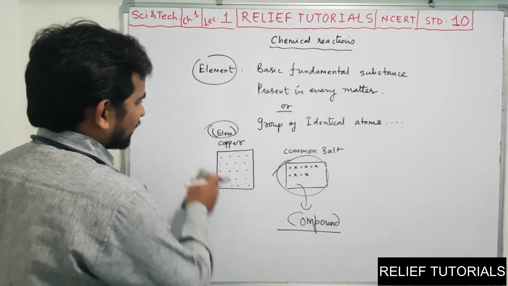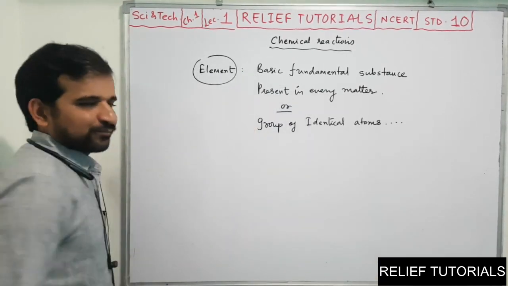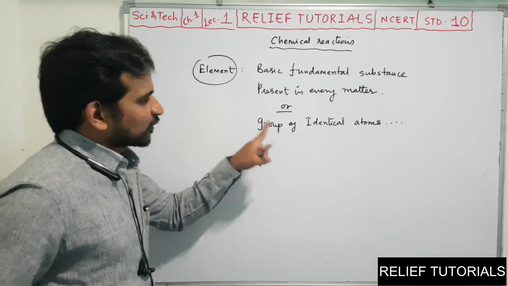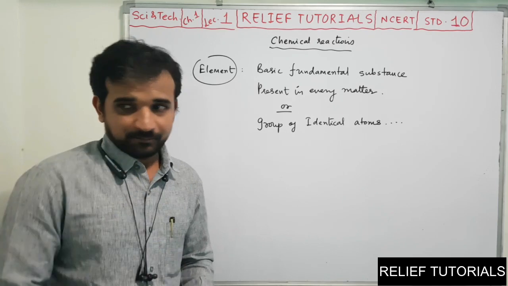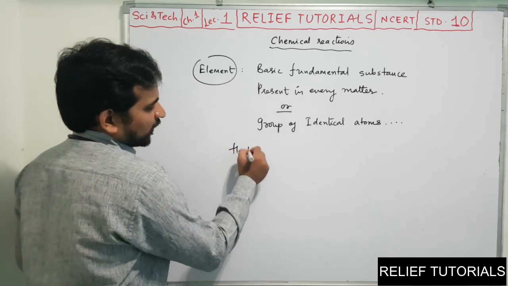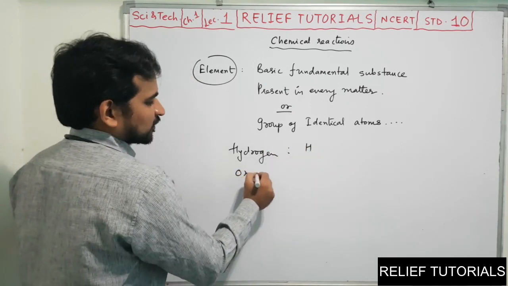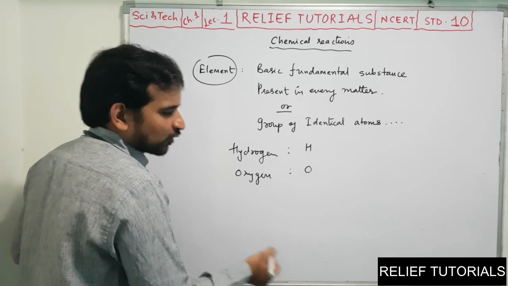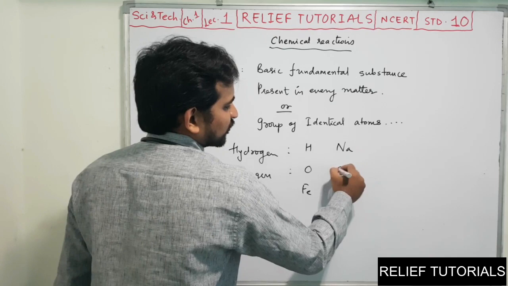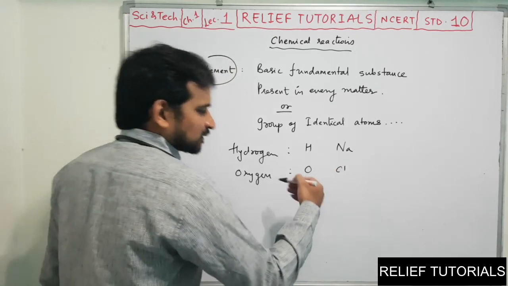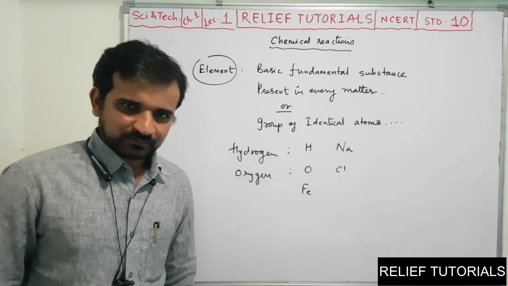In the 9th standard, you have seen the chapter element, mixture, compound. I think you have studied all these things. Every element is made up of only one type of atom, and every element is symbolically represented by its atom. For example, hydrogen is represented by H. Oxygen is represented by O. Iron is represented by Fe. Sodium represented by Na. Chlorine represented by Cl. This way we know the symbols. These are some basic symbols.